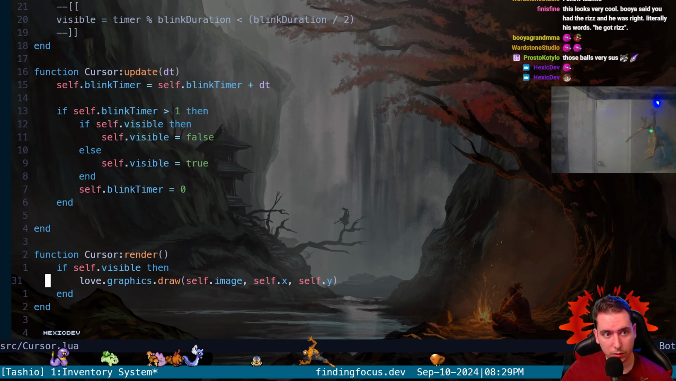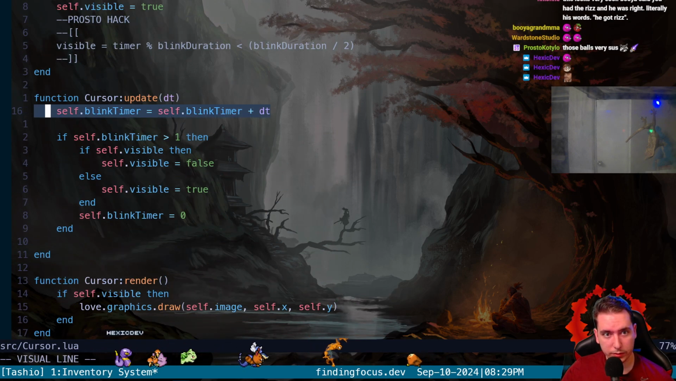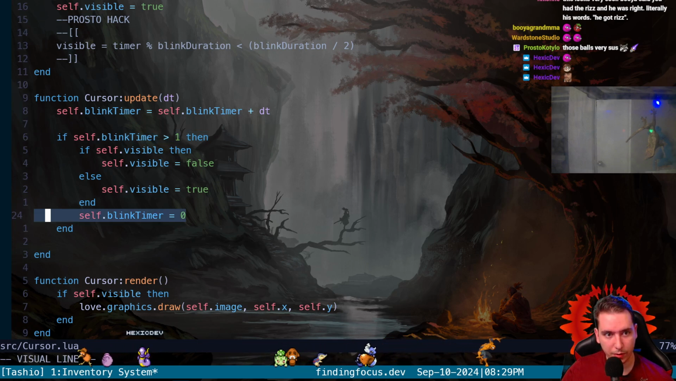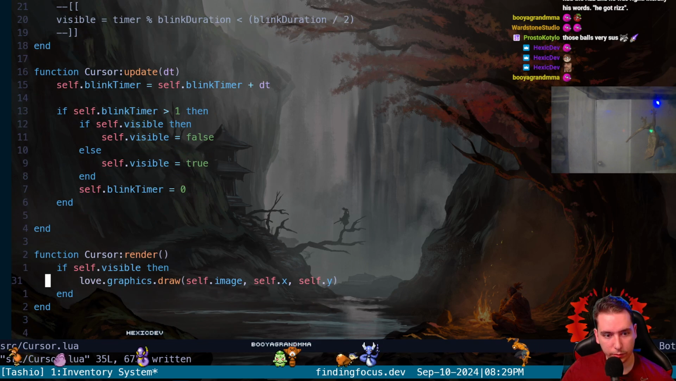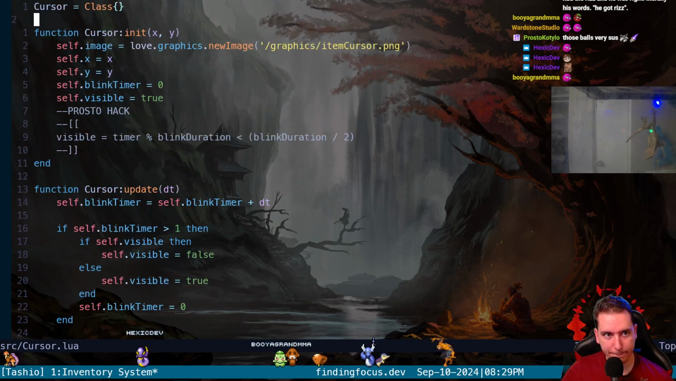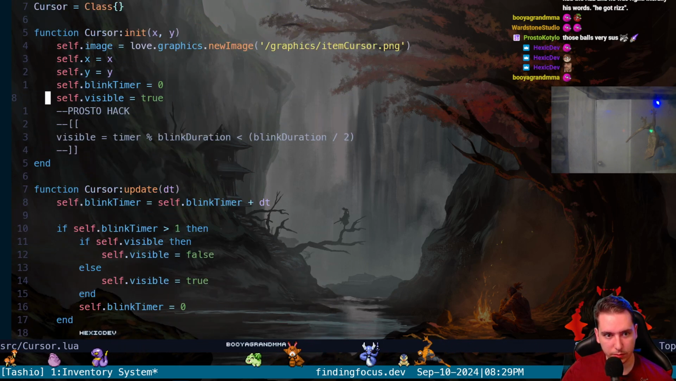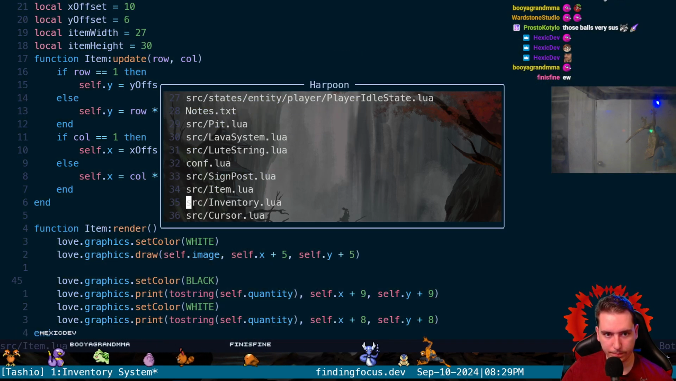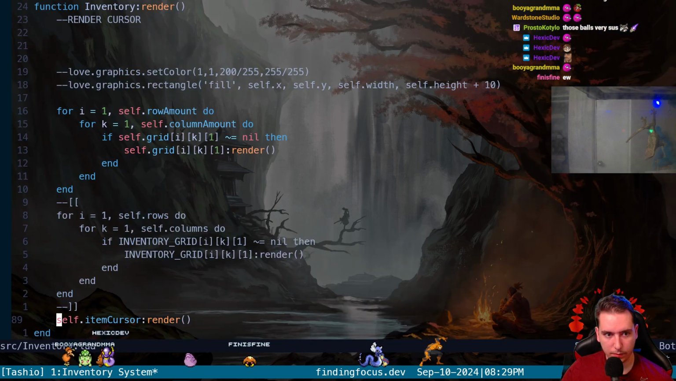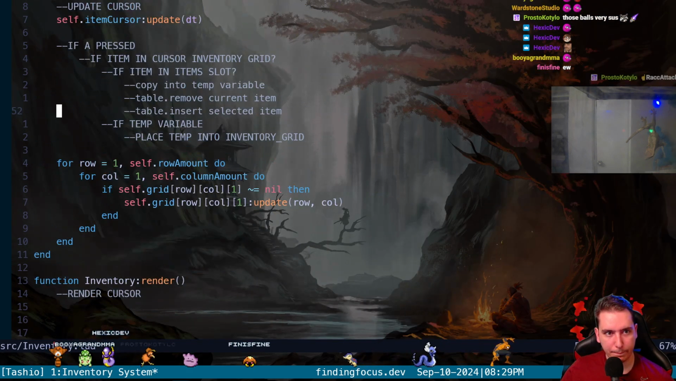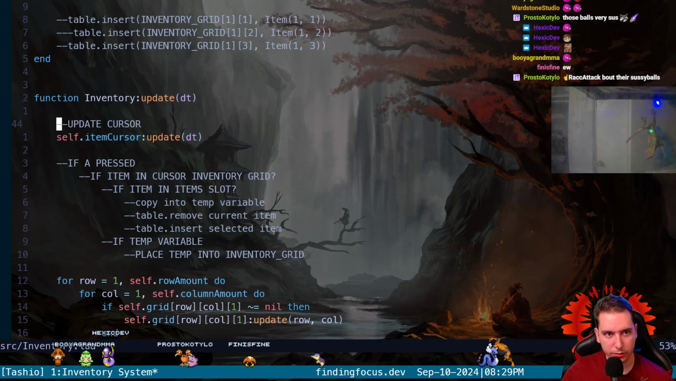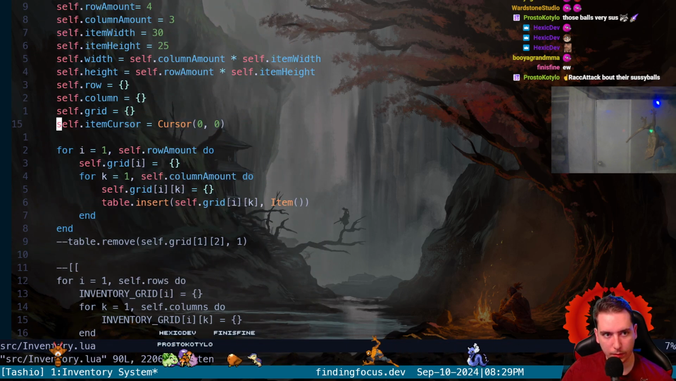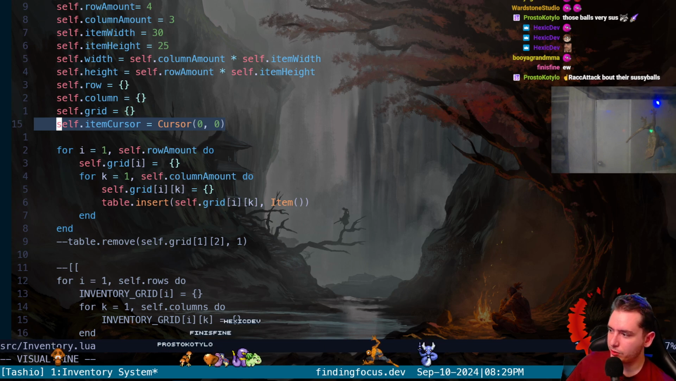So blink timer gets updated. If it's bigger than 1, we reset it, swap our visible, and we only render if we're visible. Okay. Blink timer starts at 0. Okay. And we are updating our cursor. Item cursor update. Okay, so we need to find out a way to get